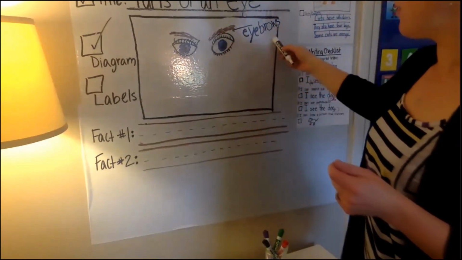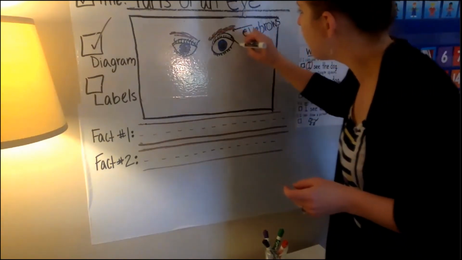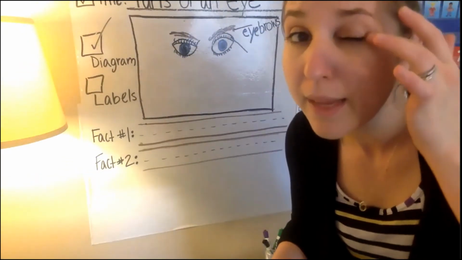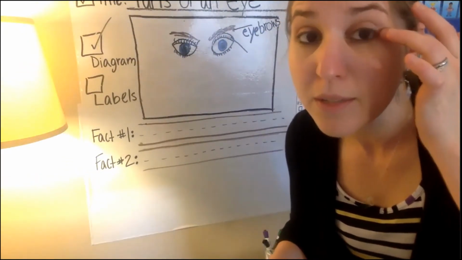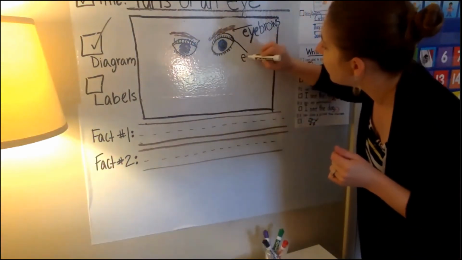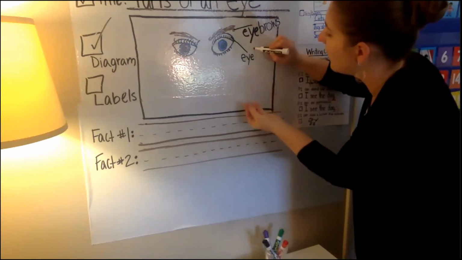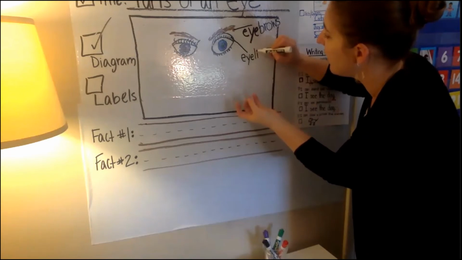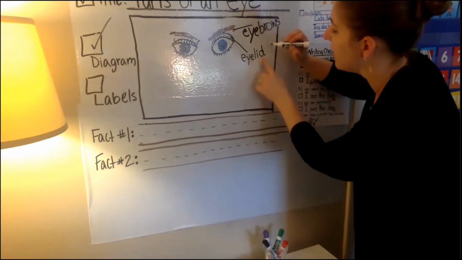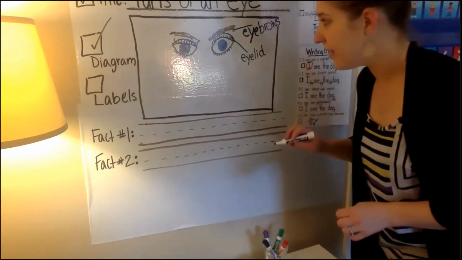Okay, eyebrows. Then up here, we've got the eyelid. The eyelid that opens and closes. So we can add a label for that. Eyelid. Again, it starts with the word eye, and then the rest of it, L-I-D. Lid. So we've got eyebrows, eyelid,